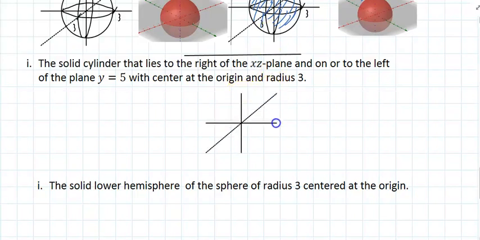So the graph looks like this. Here you don't have to graph it. I want a cylinder, solid, that lies to the right of the XZ plane